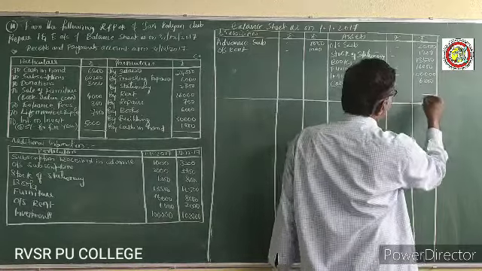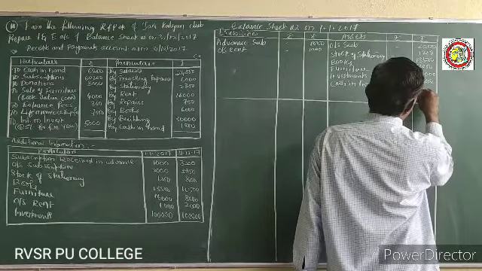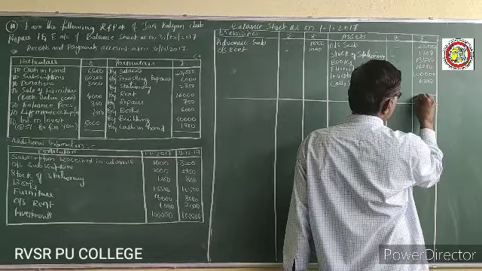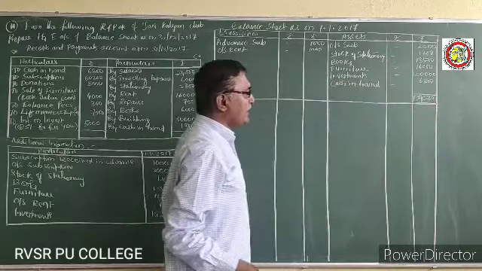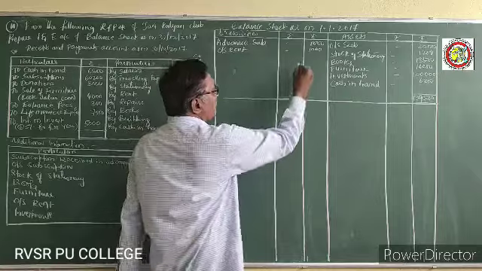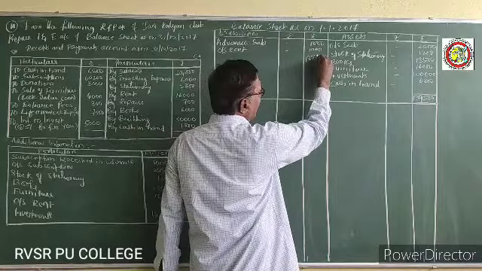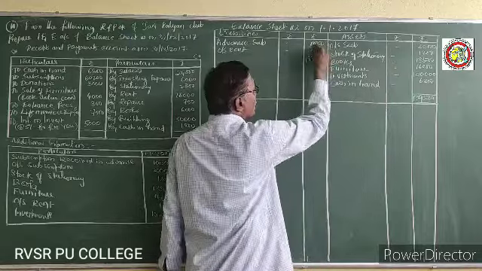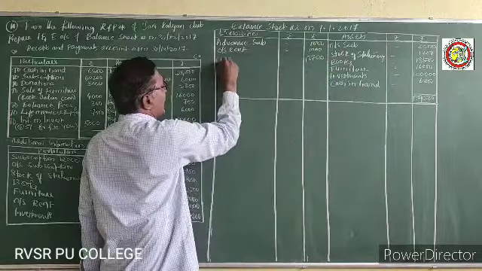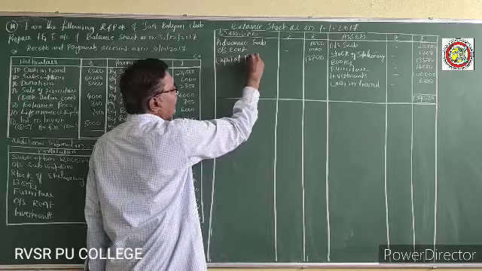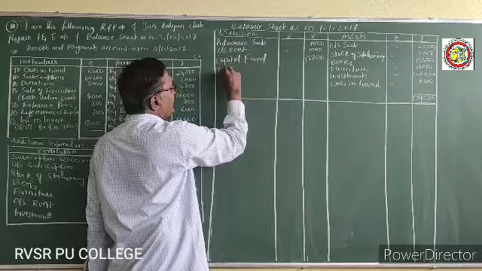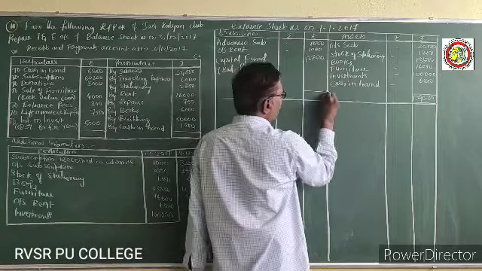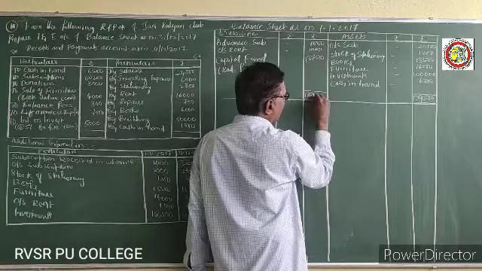Now go through this total: 5, carry 1, 13, 16, 17, 19, carry 1, 3, 1,39,500. Minus 2,000 gives 1,37,500. Here 1,39,500 minus 2,000. This is called the capital fund, the balancing figure. Totally 1,39,500.